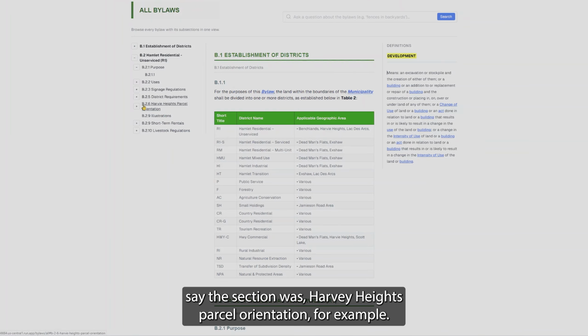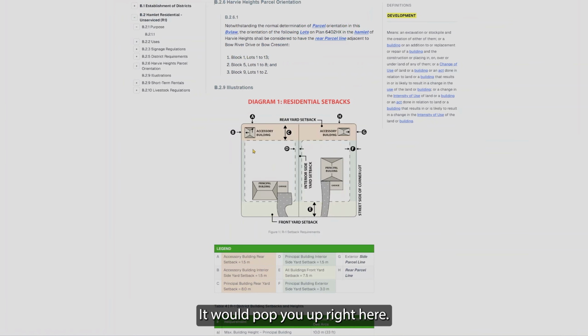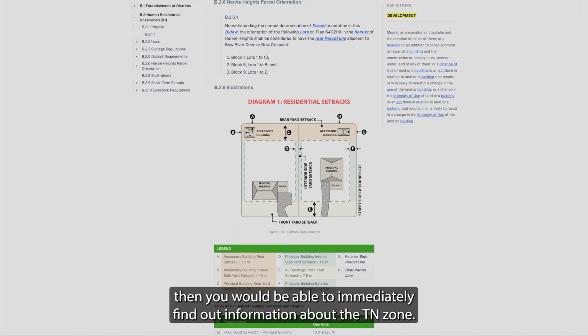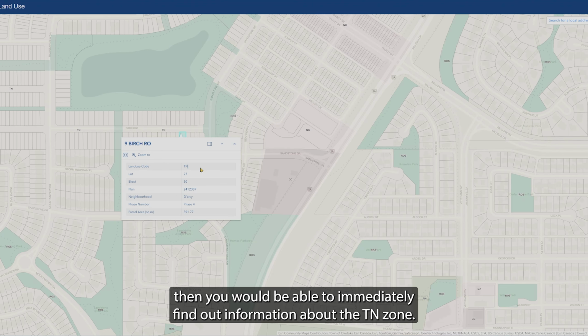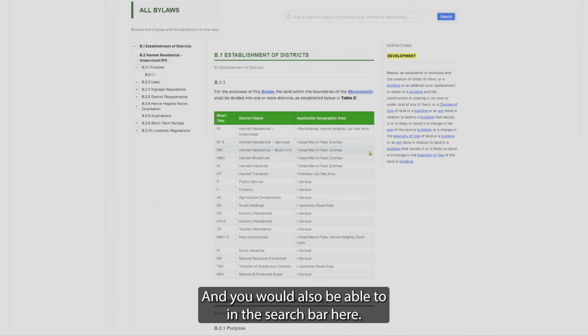Say the section was Harvey Heights parcel orientation, for example. It would pop you up right here, and you would be able to immediately find out information about the TN zone, and you would also be able to, in the search bar here,